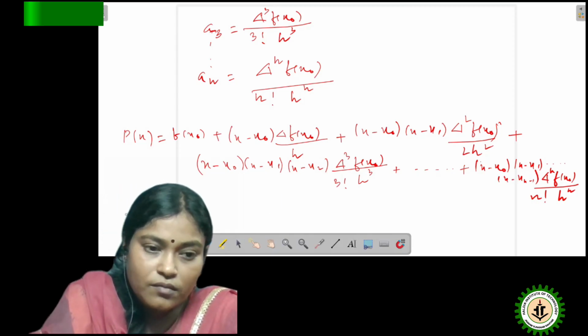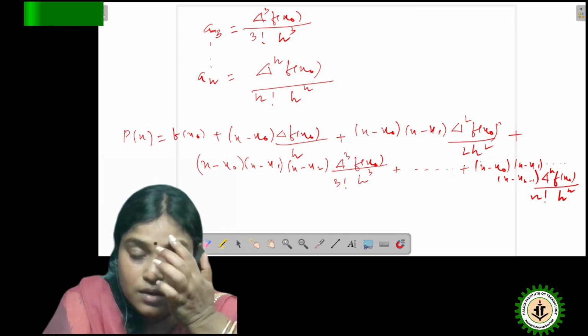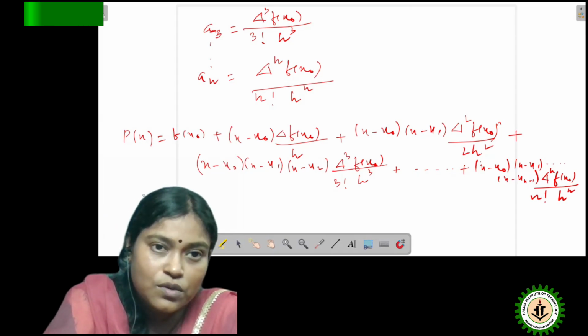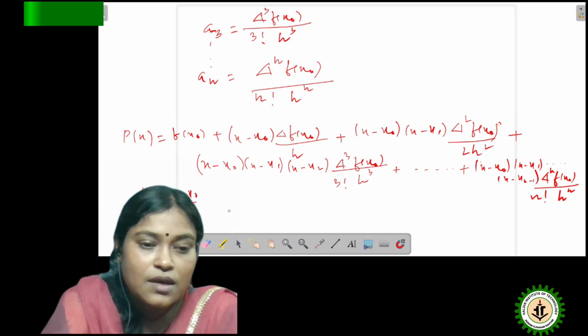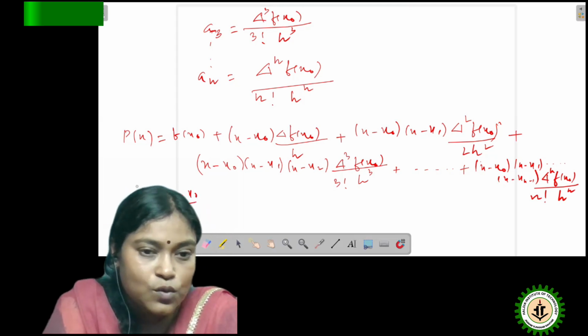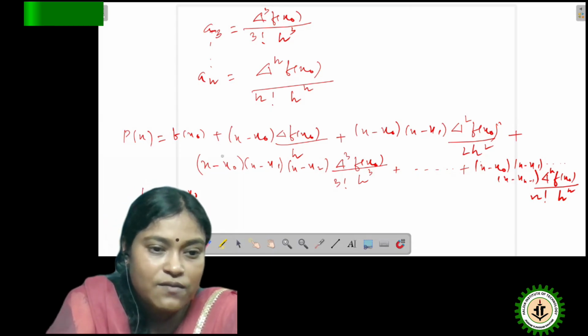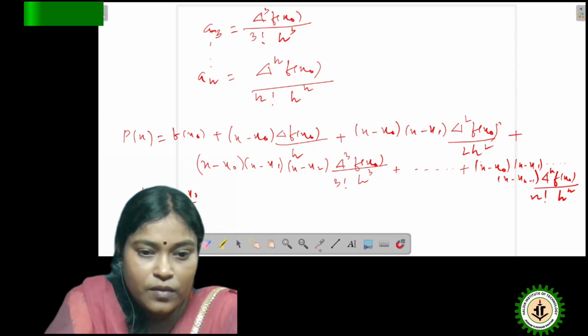So here we can write down. Now we will introduce one u. What is your u? u is x minus x naught by h. I will introduce one new variable u, which is x minus x naught by h. If I put this value there, what will I get? I will get p of x equals to